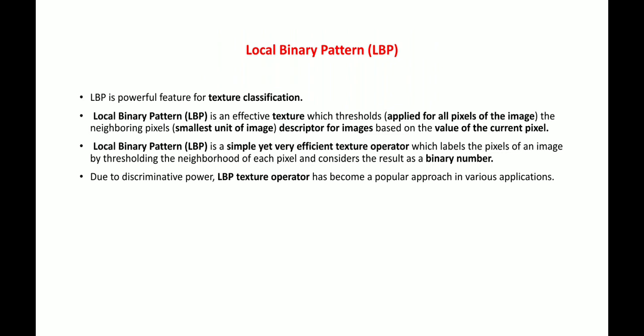Local binary pattern is also effective for texture classification, and in this case the two images are thresholded or combined together, and then afterwards the coding of these images, or the pixels of the images, is done. The smallest unit of the image is called the pixel. The images can be divided into small units, that is pixels. After dividing the images, both images are combined together, that is thresholding the images with the help of